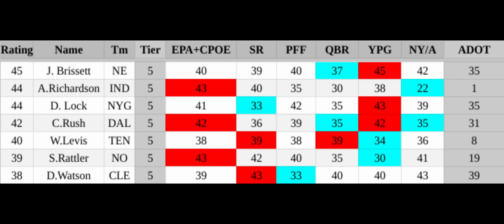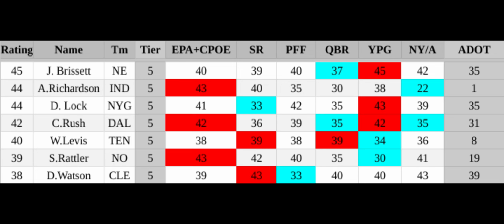Drew Lock, he is a bit confusing to me because he has a great arm and he was 35th in average depth of target. That just does not compute for me. I think, sure, you want to be maybe conservative. You got a backup quarterback in, but Brian Dable, your job's on the line. You want to maybe open things up a little bit. So I think that's not all on Lock that he didn't succeed. I don't think he's good.